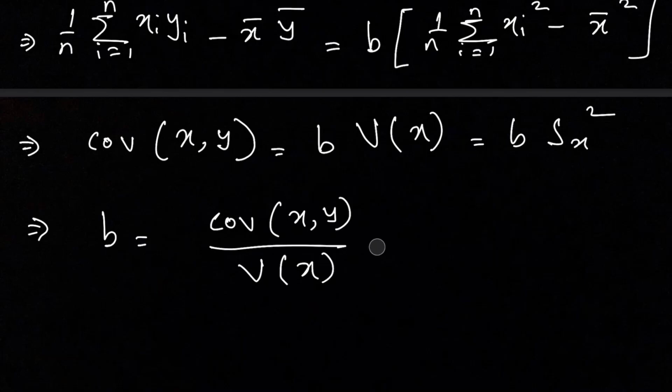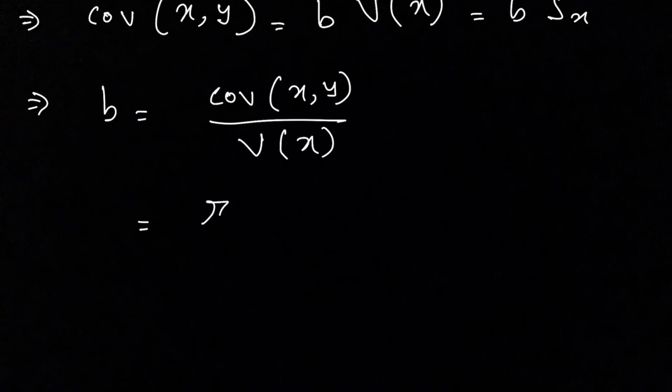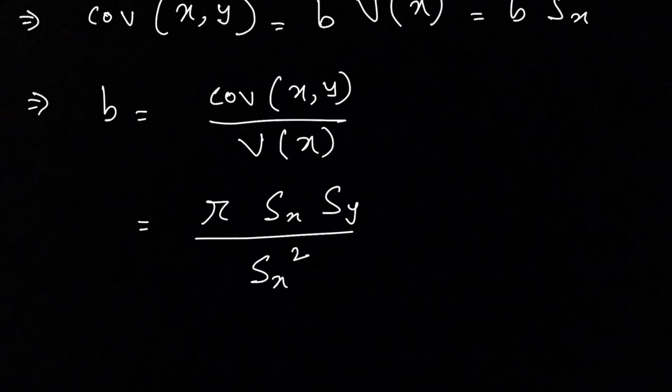You can also write it as, now if you guys are already familiar with this, the covariance of xy can also be written in the form of r times sx and sy. These are the standard deviation of x and standard deviation of y, and r is the correlation coefficient. And Vx can be written as sx squared. So this will be nothing but r times sy by sx. This thing is also known as